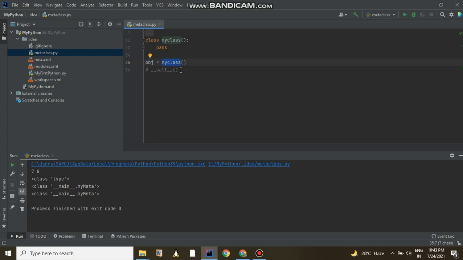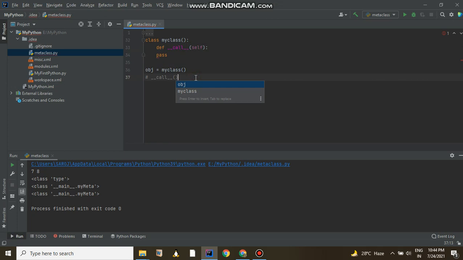So that is the default. But suppose I am defining a call method inside this MyClass, right? At that time what will happen? It will just override the parent class call method and it will call its own call method. So again I am repeating.